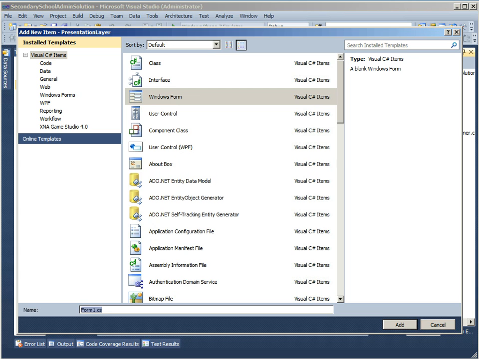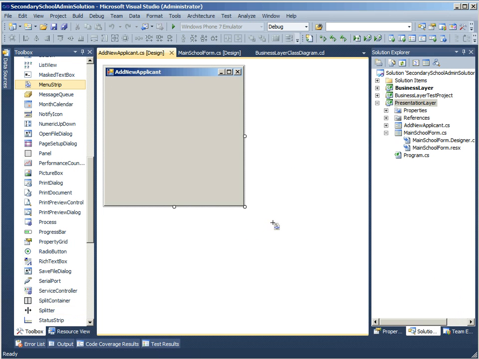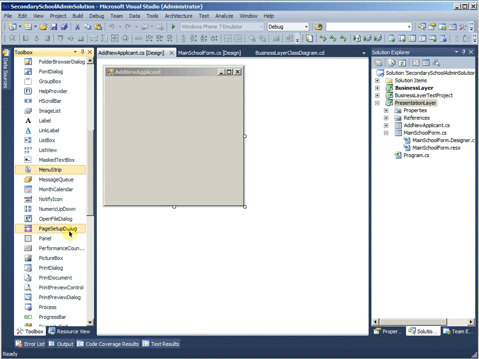The name that I'd like to give to this Windows form is Add New Applicant. And again, it's going to be C# in Windows form. My form is very simplistic. I'm simply going to have two labels. So here we go. A label here, which is going to be first,